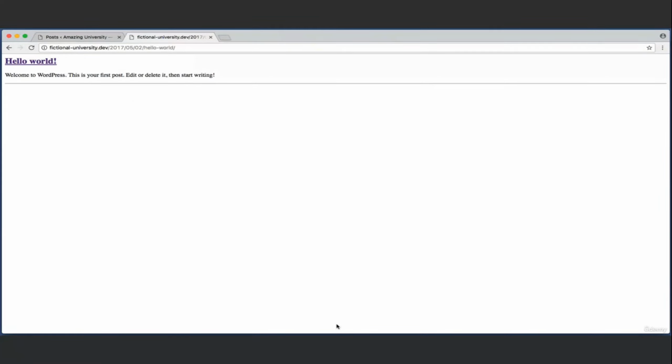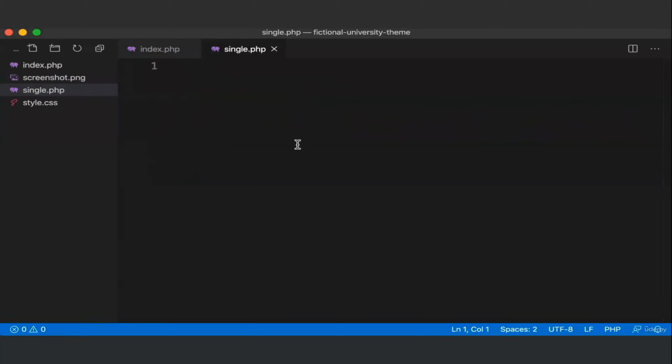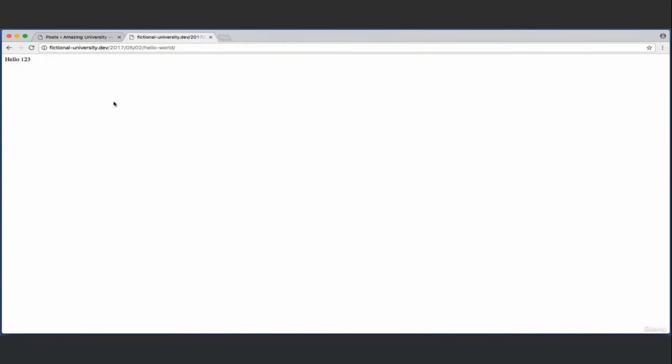Well, check this out. Back in our text editor, I want you to create a brand new file in our theme folder. We need to give the new file a very specific name. It needs to be exactly single.php. Press enter. And within the new file, let's just type out a bit of random dummy text like hello 123. And if we save this and refresh, here we see that dummy text when we are on the URL